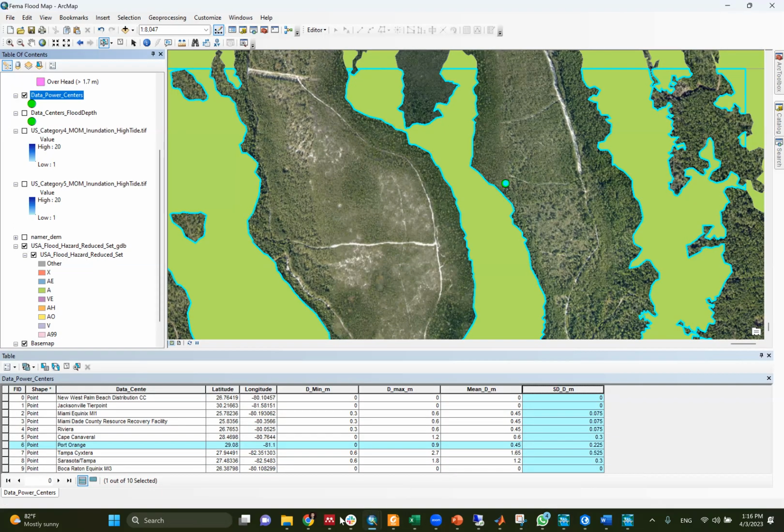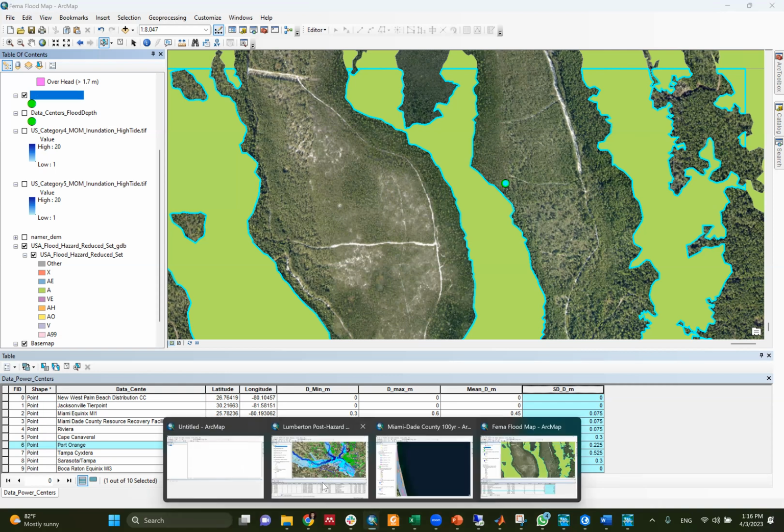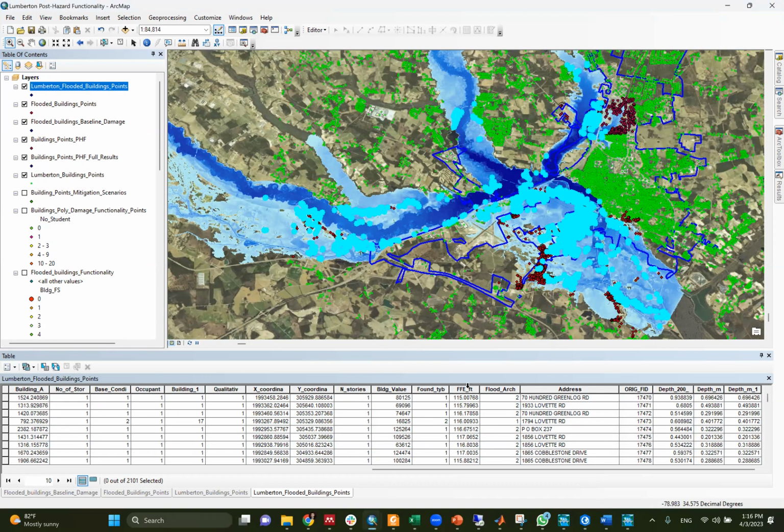FFE, but make sure that you convert the units, because here it's in feet. So if you have your water surface elevation in meters, you either convert the water surface elevation to feet, or you convert this to meters and do the water surface elevation, okay? All right, so you will extract the water surface elevation